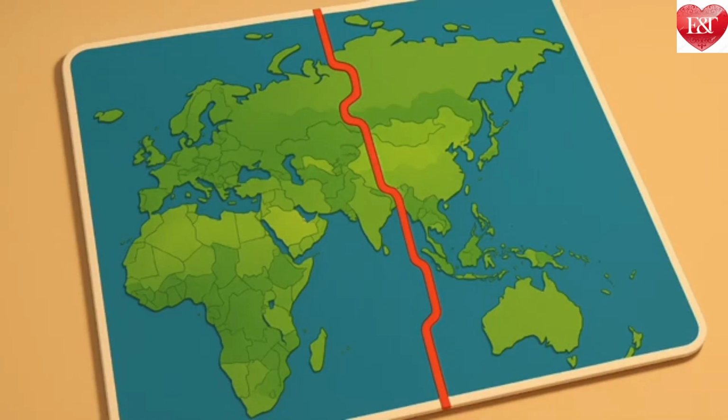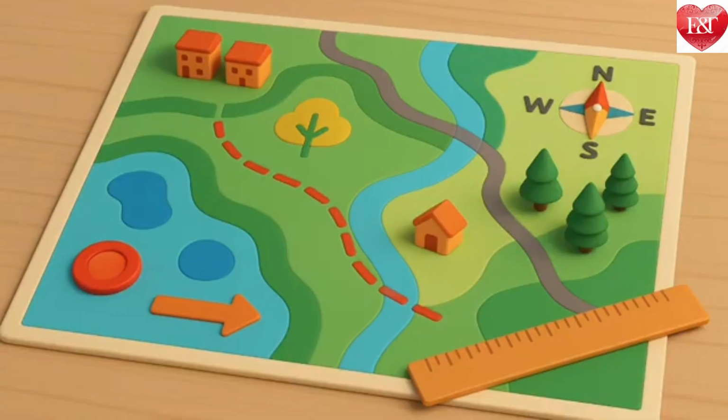We said that the international date line is approximately at 180 degrees longitude, as it deviates in places to avoid dividing some countries into two different days. Before we move on, maps are a very useful tool to represent an area of the earth, whether small or large. The main components of maps are distance, direction, and symbols.